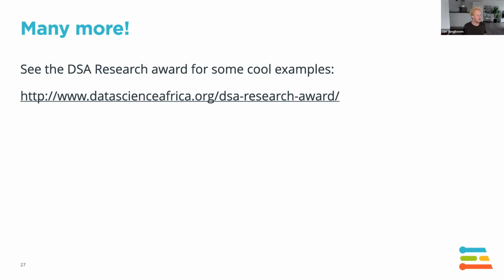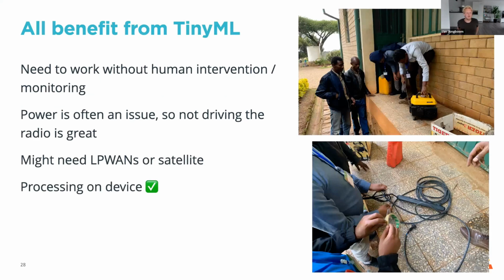And the key of them, and why they all benefit from tinyML, is that on one end, I think they allow us to understand the world and to monitor the real world without human intervention and without humans actually monitoring. Humans get fatigued, they are expensive, and in some situations, it's dangerous for a human to be somewhere, right? If there's a poacher near an elephant, you probably don't want a human monitoring that, but rather having a machine do that, and then whenever there's danger, they can send some rangers in.